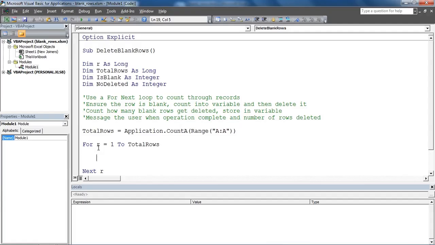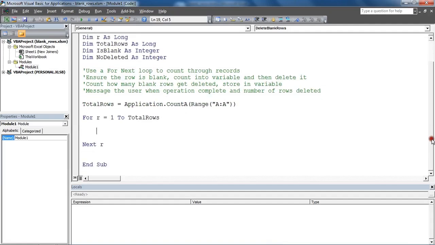Let's get myself a bit of space and some indentation. Maybe scroll down this a bit. Ready? Okay, so within this loop, let's say we're in row 1 at the moment because r equals 1. What do we need to do? First thing I want to do is check and see, are you empty? So I'm going to put isBlank, which is the variable I decided to use to count what's in the row and store that information in. So equals